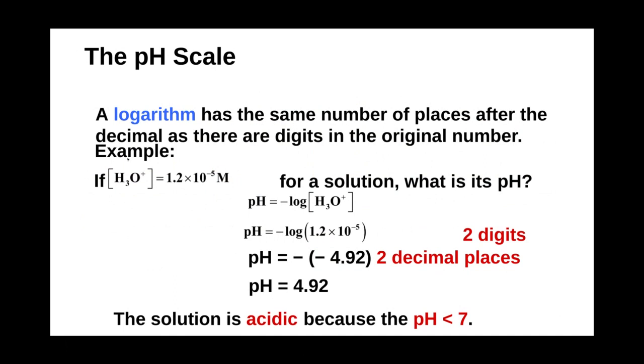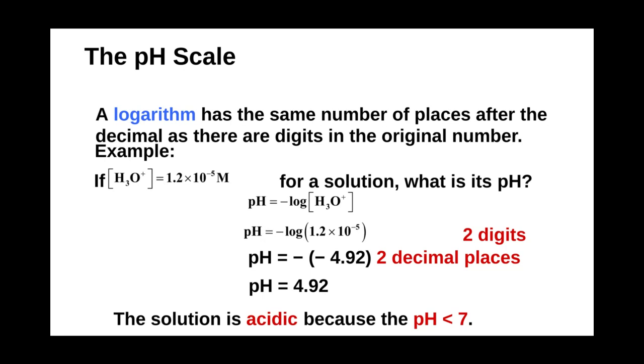Well, if the concentration of hydronium ions is 1.2 times 10 to the minus 5 molar for a given solution, we could calculate its pH. Now, what we do is we take our equation, pH equals negative log of the concentration of hydronium. We substitute in the hydronium. Now, mathematically, how do we actually physically handle that? Well, it depends on how comfortable you are with logarithmic values. So it really depends. You can do this in a calculator if you so chose. That's probably my guess as to how most of you would handle this.